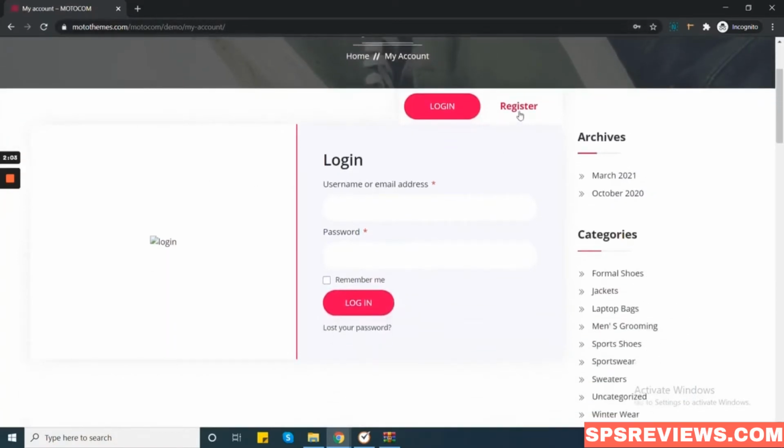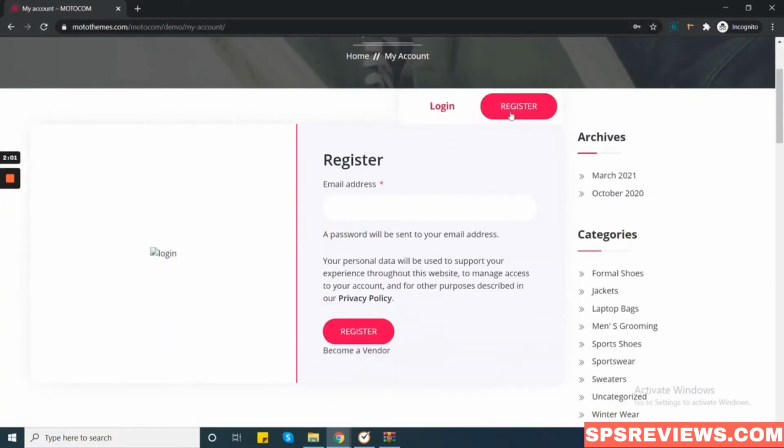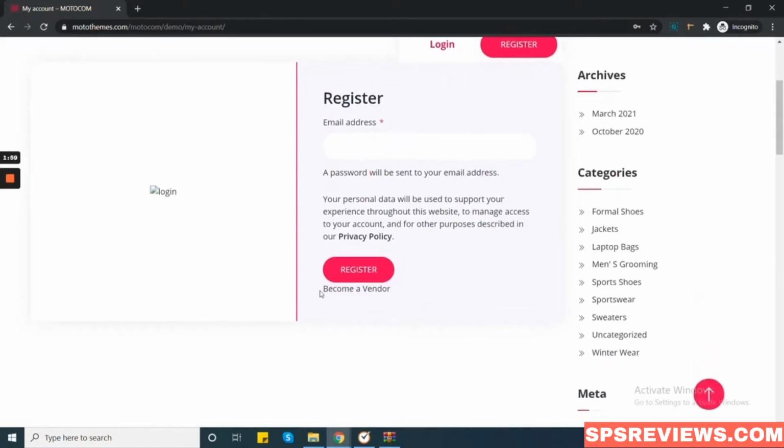Here you will get the registration page, where you can choose to log in or register. As we want to show the registration for a vendor, we will click the tab Become a Vendor below the registration tab.